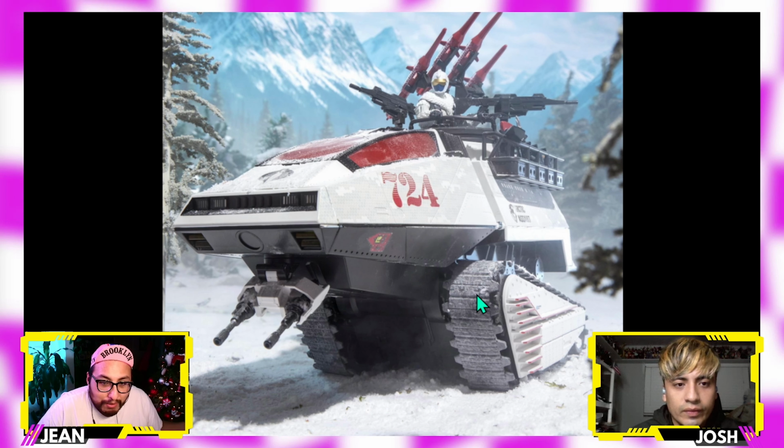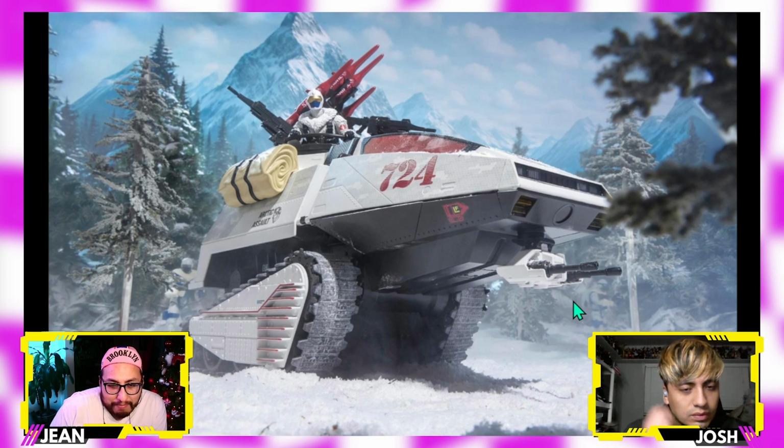But Hasbro has those molds. Why not recolor it and call it the Arctic Hiss tank? I didn't back the Hiss tank because I wasn't into Joes, but I'm very tempted to pick